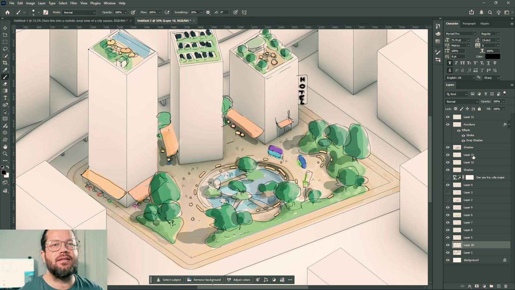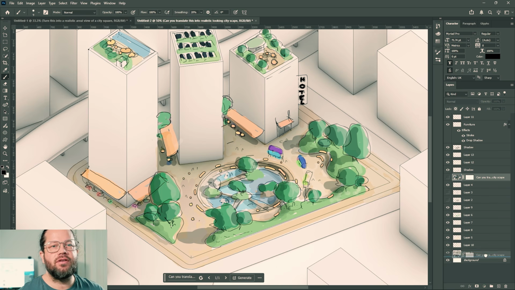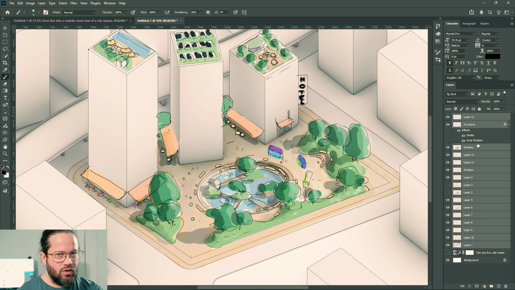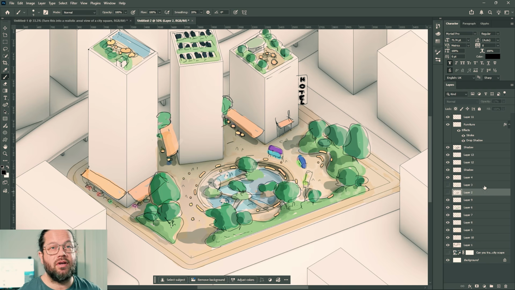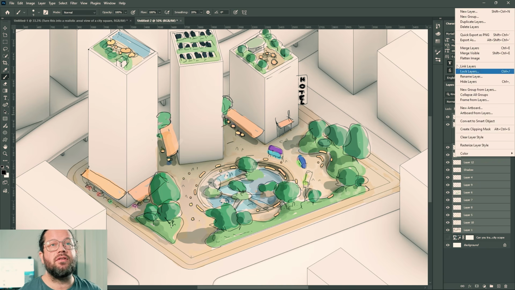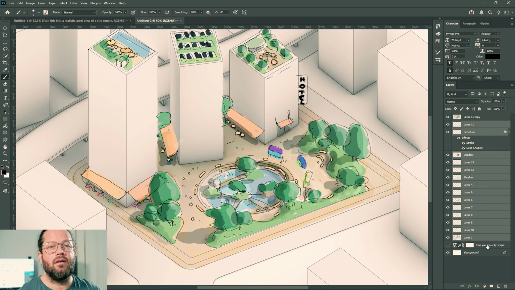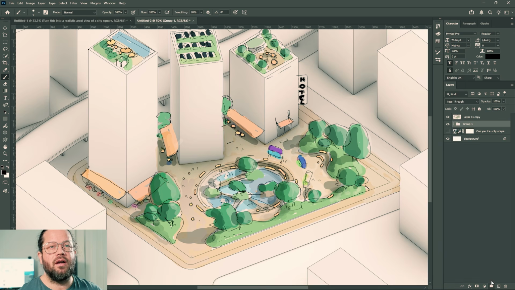Okay, so this was my first test and this is a new layer. What we need to do in order for this to work is to actually merge everything together. Usually I make a copy first, duplicate layers, and then I merge the stuff together. Now I still have everything there. All right,